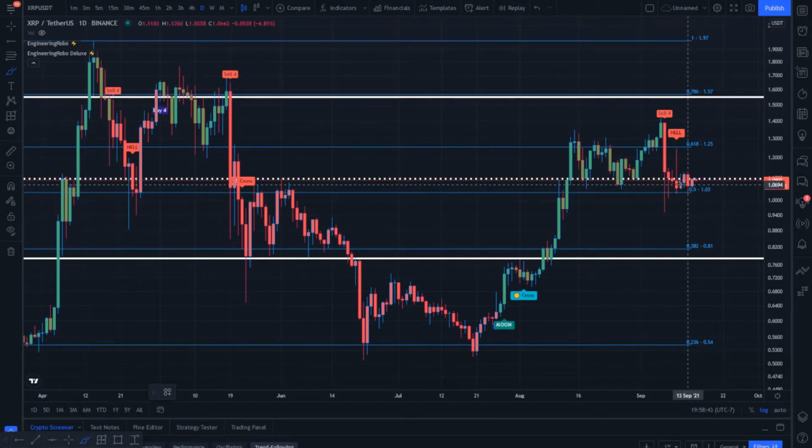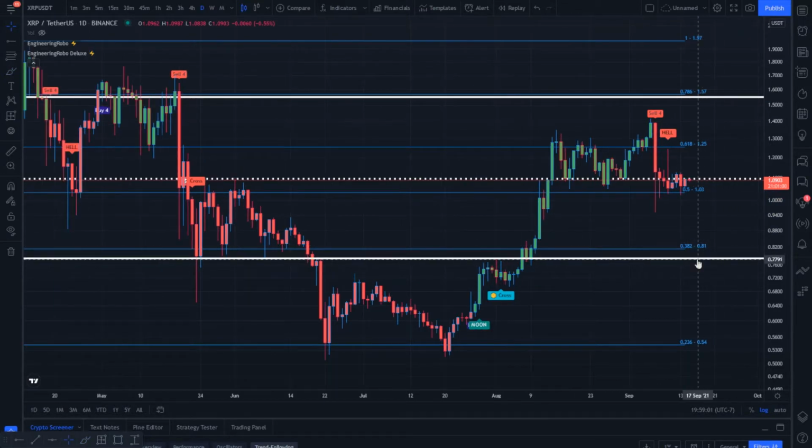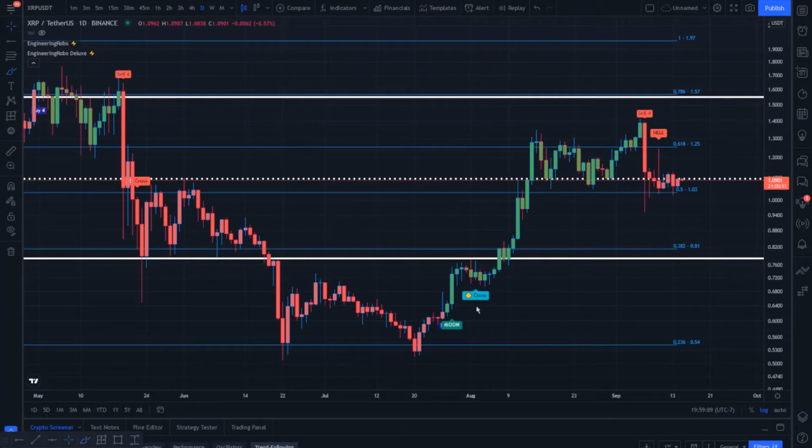And so right now, with EngineeringRobo's sell suggestions present, and price action getting squeezed between some key levels, I believe we're looking to make this break downward and perhaps make our way toward my area of support around the 0.382 Fibonacci level, 81 cents per XRP, just above my 78-cent support line, which is a key area of bullish buy pressure that could help us if we were to break downward and interact with it. I do believe that would be a very bullish area of accumulation